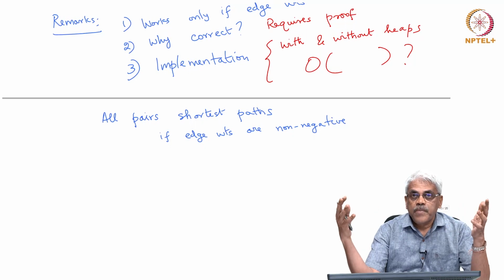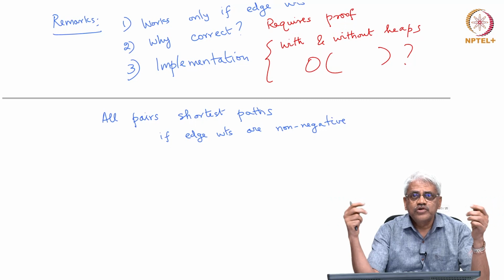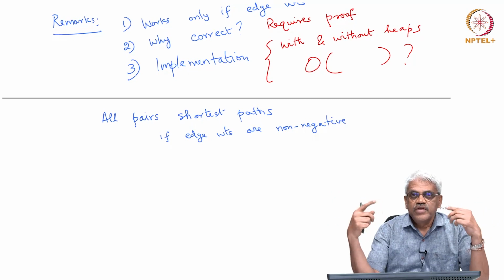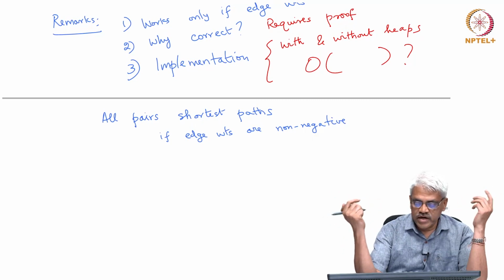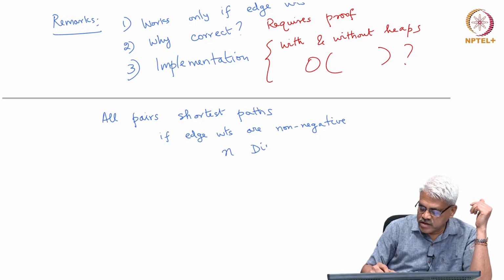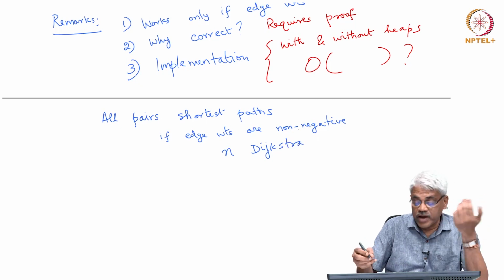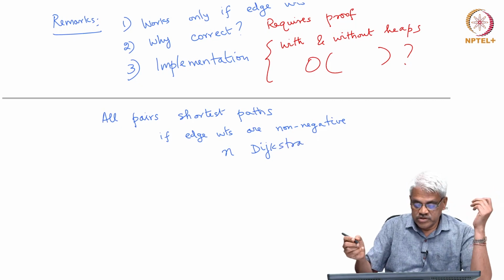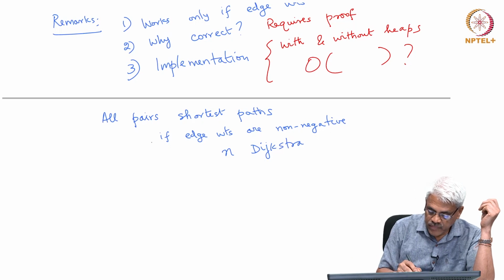Now, if I want shortest paths between every pair of vertices, all you have to do is to try every vertex as a source n times. Okay, so n Dijkstra is one algorithm if the edge weights are non-negative, because Dijkstra's can be applied only if the edge weights are non-negative, and